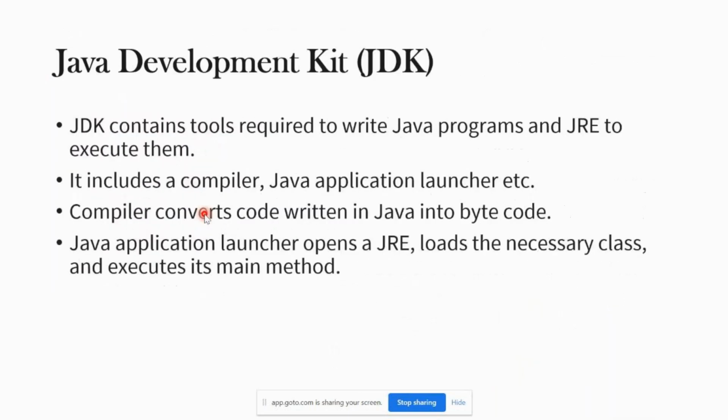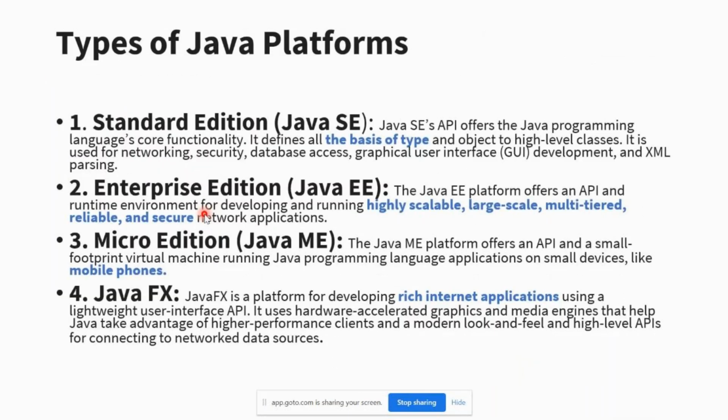So the next topic we are going to learn is this. They may not ask you in the interview, but it's good to learn. What are the different options available, and when do you have to use which version or edition of Java? It's good to learn, so we will see that also. The very first one is the standard edition. The standard edition has the programming language, the APIs, and all the basic things, and it was used for security and graphical interface. Everything would be available.